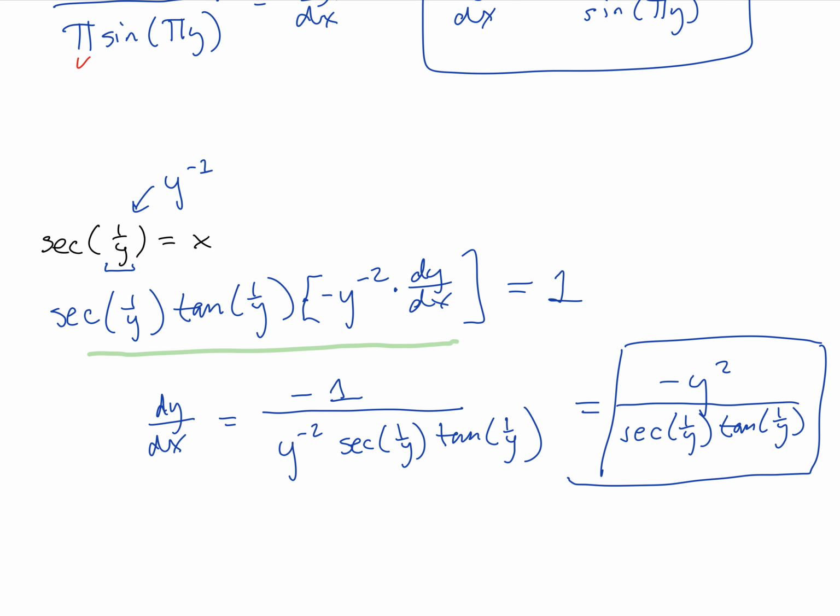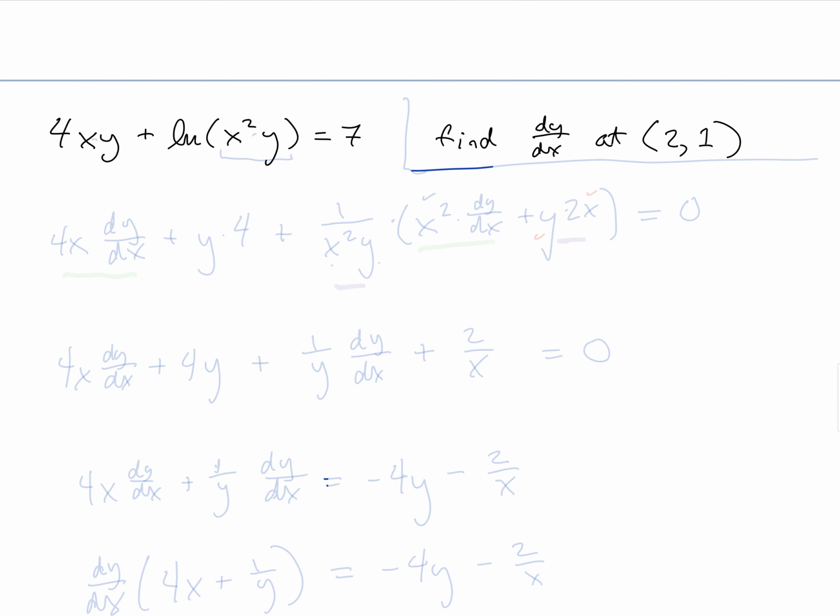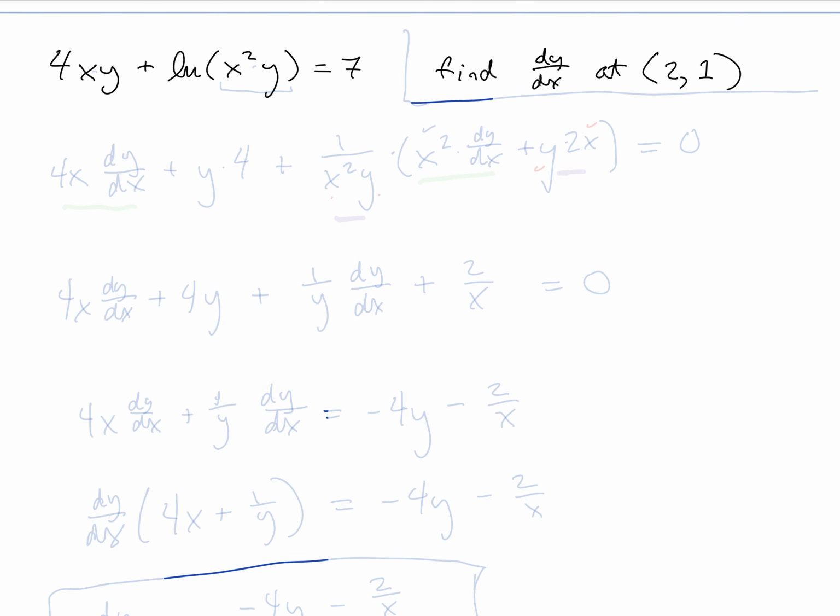All right, 4xy plus natural log of x squared y equals 7. So taking the derivative of that. So first of all, I'm just going to take the derivative in general, and step 2, I'm going to find the derivative at that particular point. So derivative of 4xy, this is a product rule. So it's the first, 4x, times the derivative of the second, dy dx, plus the second, y, times the derivative of the first. Derivative of 4x is just 4 with respect to x,